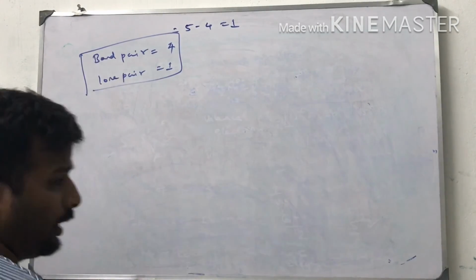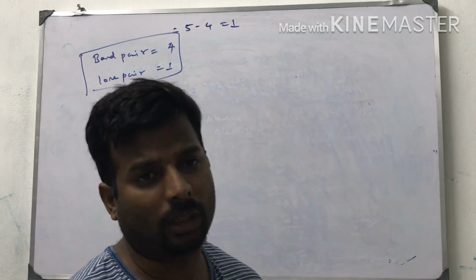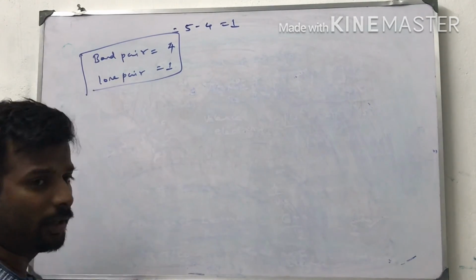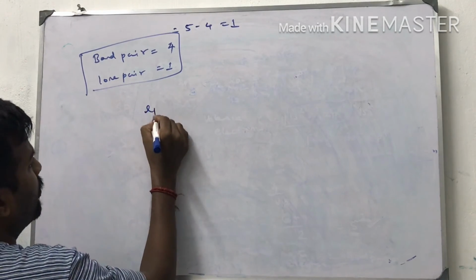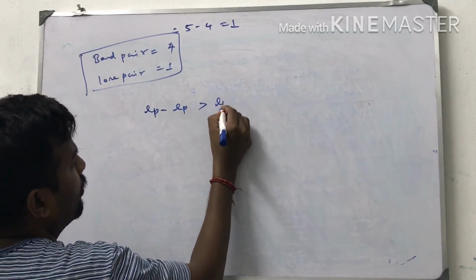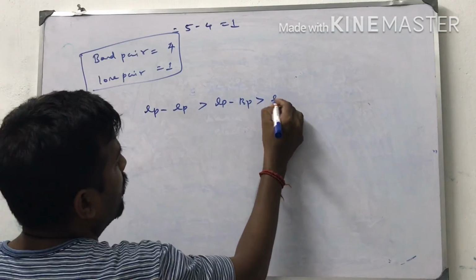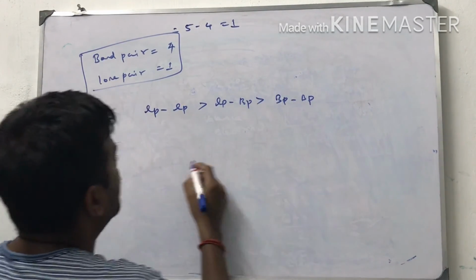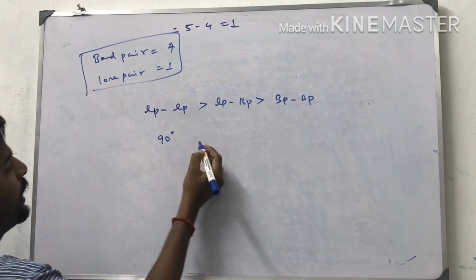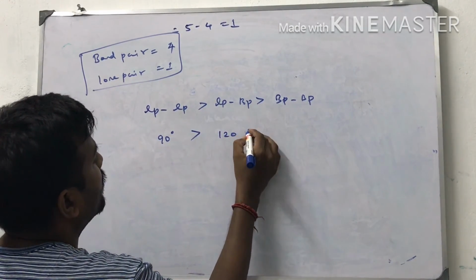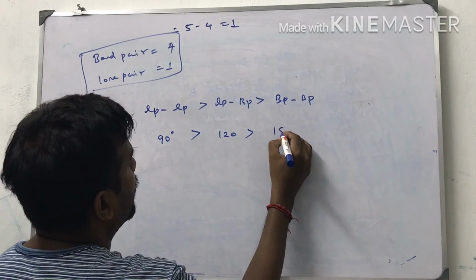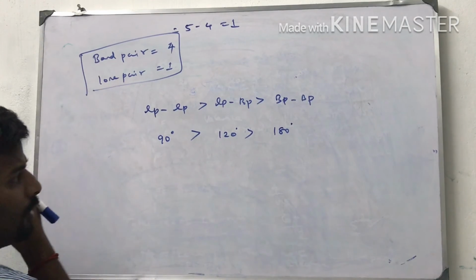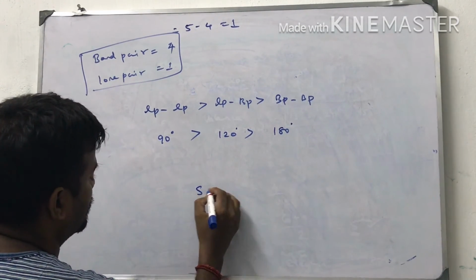Now, lone pair electrons have 2 options. They will occupy the equatorial position or the axial position. So, we already learned in the VSEPR theory, lone pair-lone pair interaction is greater than lone pair-bond pair interaction, which is greater than bond pair-bond pair interaction. So, the lone pair interaction at 90 degree is greater than 120 degree, greater than 180 degree, right? So, these things are given. Now, I am going to draw the correct structure. Suppose SF4 is like this.